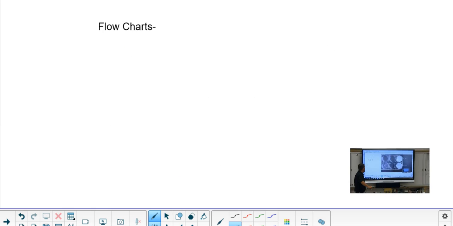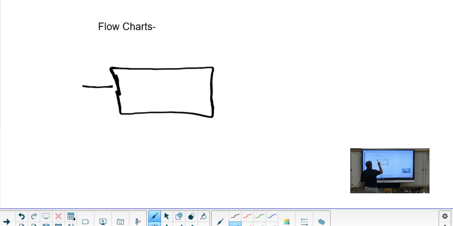I have 2 minutes to talk about flowcharts. Flowcharts are not in your book, but they are something that we use a lot. A flowchart asks yes or no questions to separate things or to classify things into different groups. So, a basic flowchart we would use in this class to classify the students in this class. I need a yes or no question that could divide us roughly in half. What can we start with?